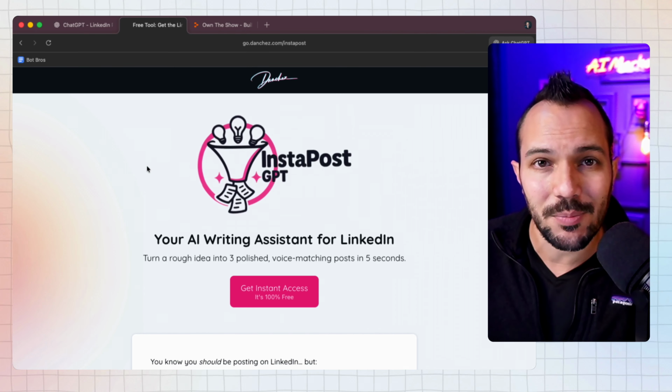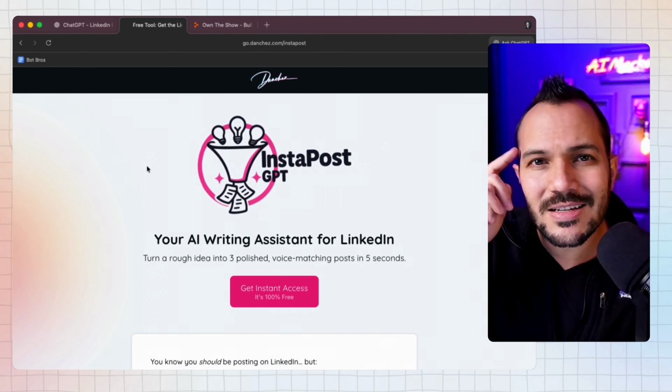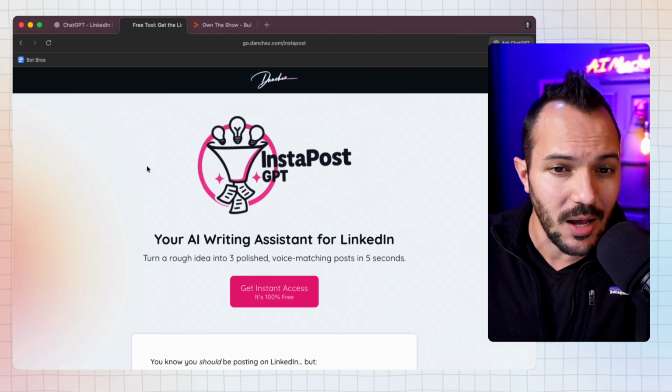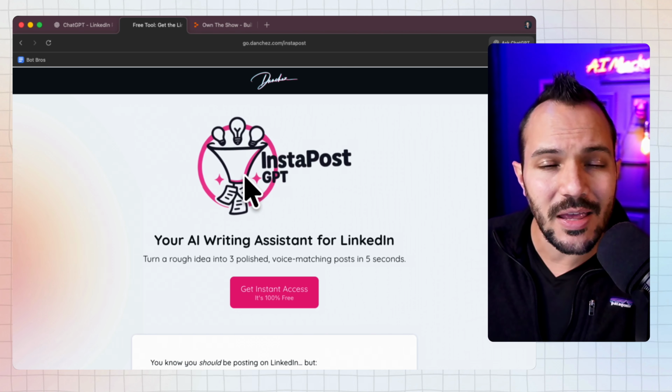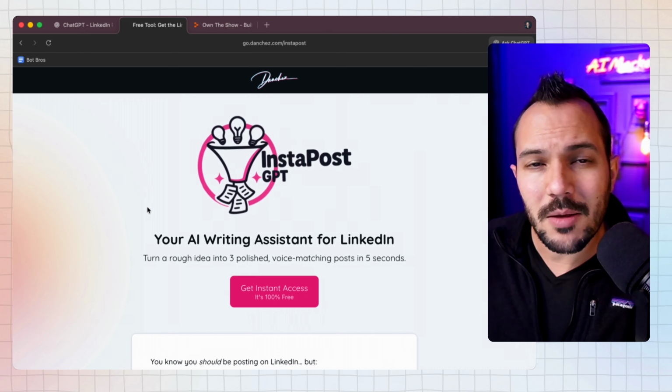I'm just trying to teach people how to do this. And hopefully in the process of setting up this tool, you get ideas for how to make it better or even how to build similar tools for different parts of your job. So learn by replicating what I have here in this Instapost GPT and learn how to create better content by feeding it good ideas.